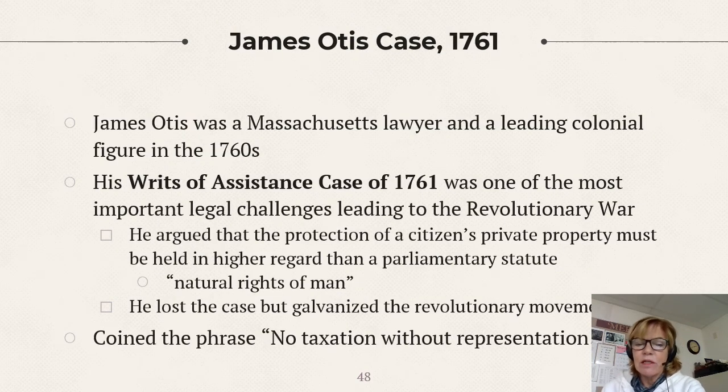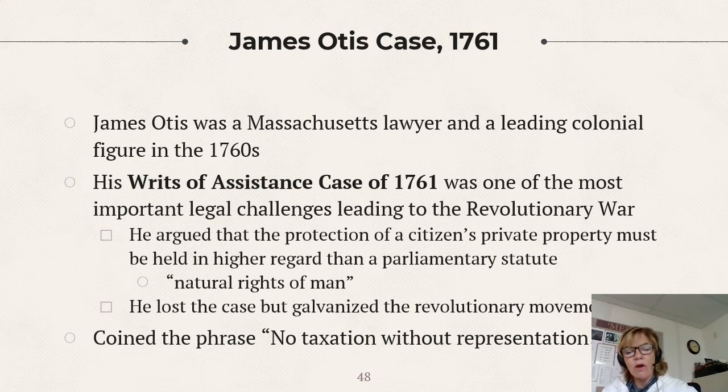James Otis, as a matter of fact, was a well-known lawyer from Massachusetts, and he was a leading figure in the 1760s. His status kind of diminished. It was a weird case. Well, one thing, people thought that he was kind of crazy, but some say it was suffering from mental disorder caused by alcoholism, and also because he had been hit by a British officer. And then, weirdly enough, he was going to end up dying by getting hit by lightning. He was struck by lightning. But anyway, he's well known for the writs of assistance case. It's also known as the James Otis case, right?